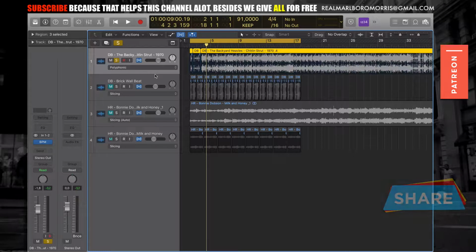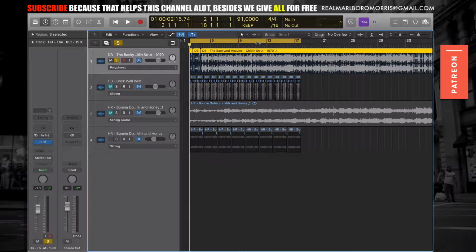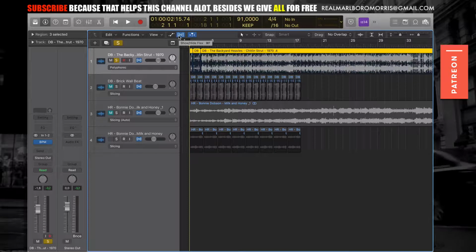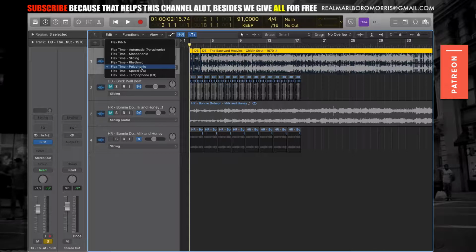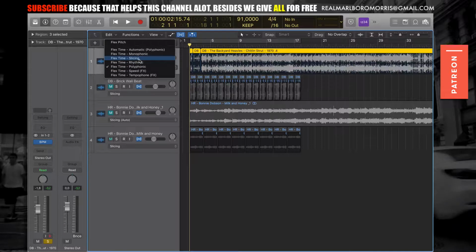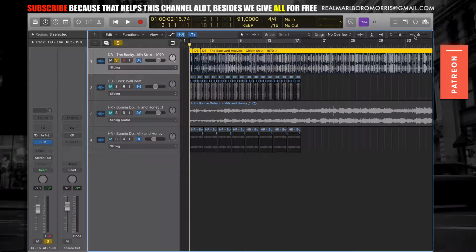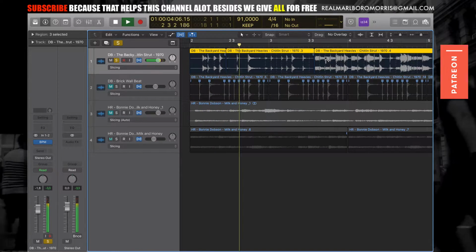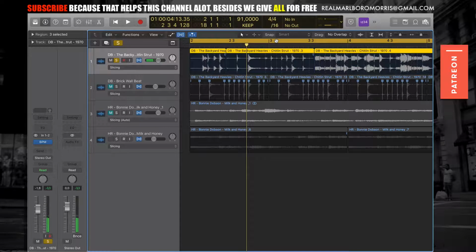And so once you know the BPM, you set the BPM of the file to be the same as what you found and try to make a loop out of it. Okay, once you have a loop, you want to click this little icon, the flex button. You just click on it. You make sure it's clicked over here, and you choose either the polyphonic or the slicing. If you choose the slicing, which I mostly advise people when it comes to sampling, what you can do once you have your